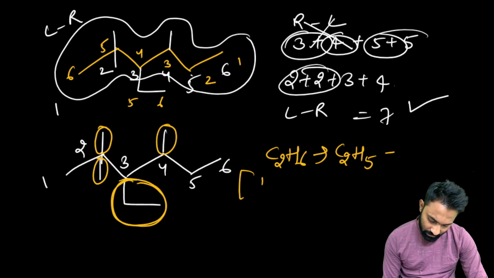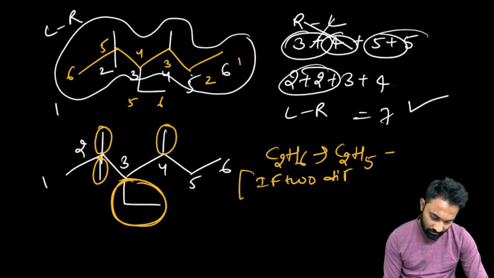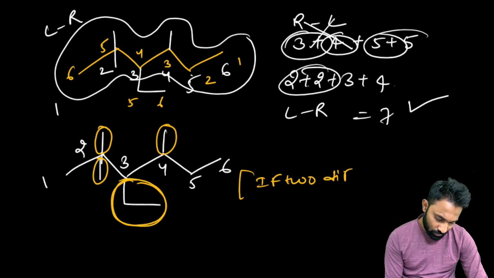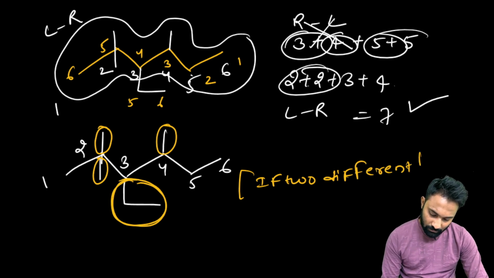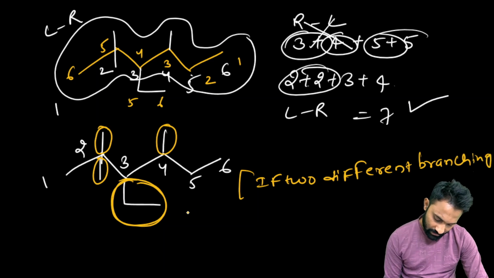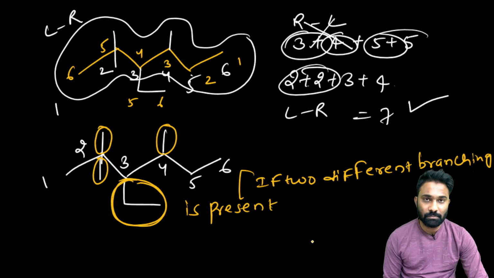Clear? If two different branchings are present,